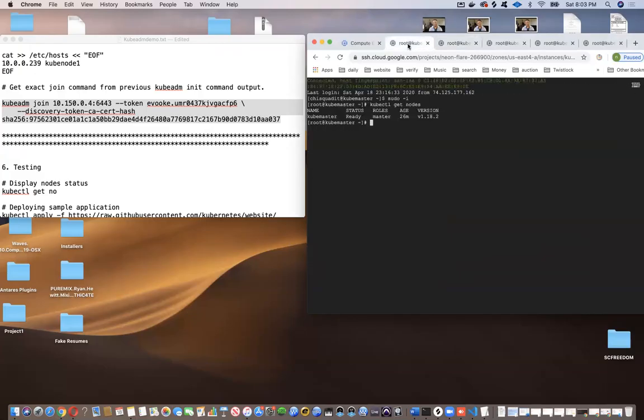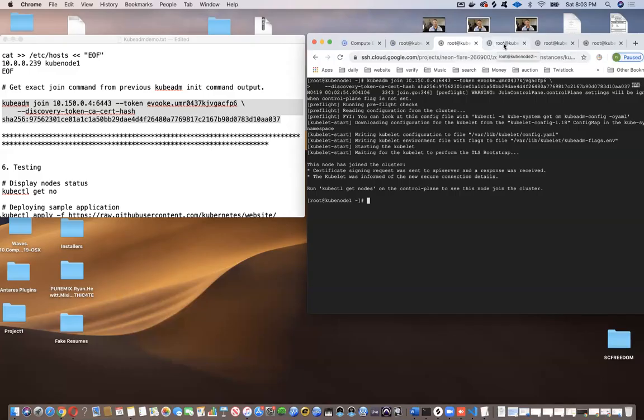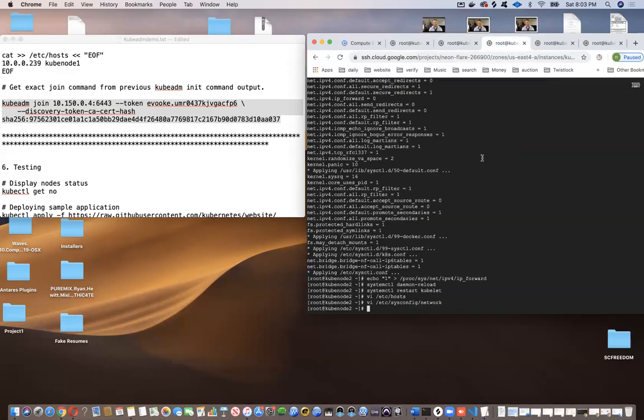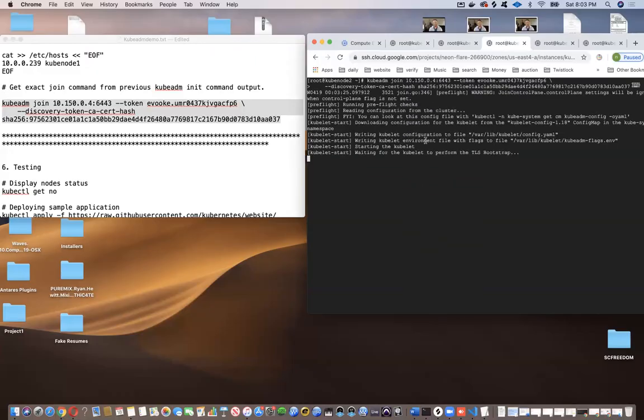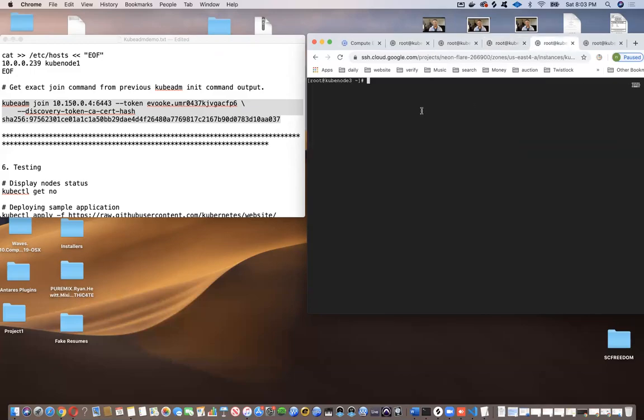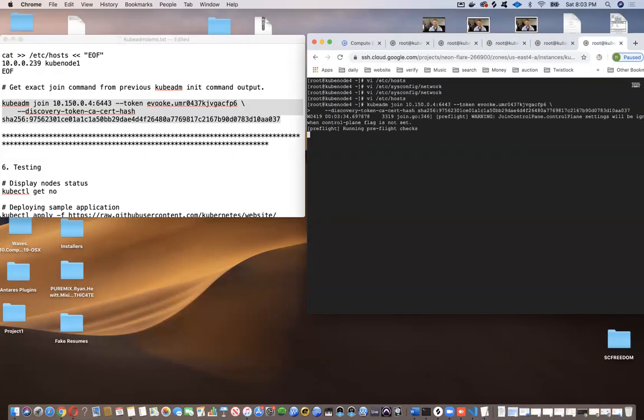So we go back to the master and do kubectl get nodes and see if it joined. You see, we have 2. We have the master and we have node 1. Now we're going to do the same thing for node 2. Let's join node 2 as well. Paste that in node 2. While that is joining, we do it for node 3, Control V. While that's joining, we do it for node 4, Command V. While that's joining,